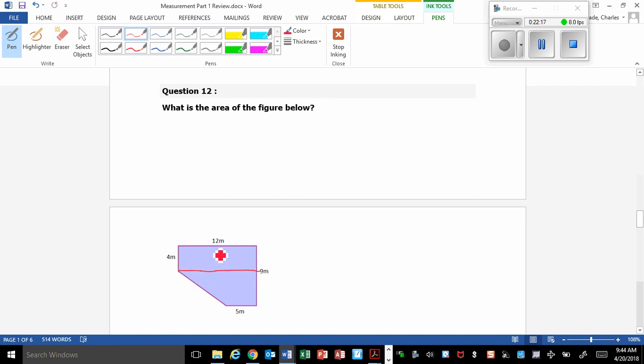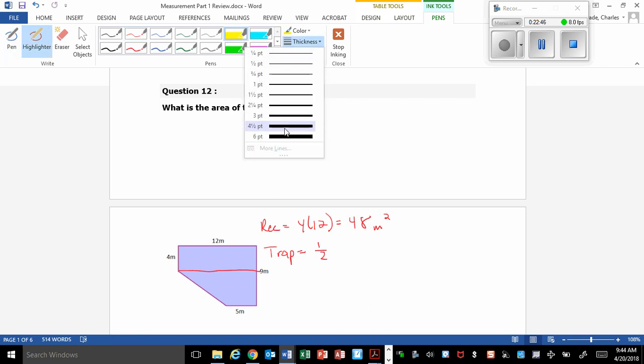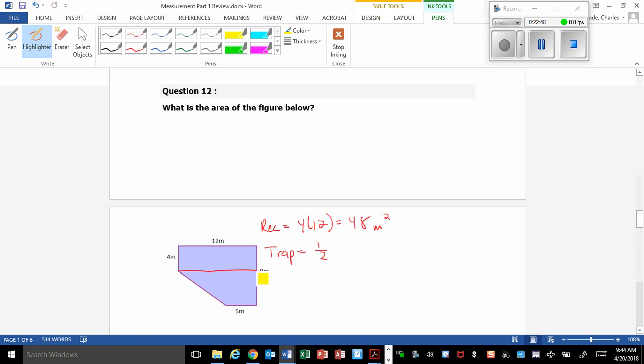Because I know I got a 4 by 12 rectangle, okay? So the rectangle equals 4 times 12, okay? Which is obviously 48 meters squared. And then I've got the trapezoid. And the trapezoid formula says 1/2 times the height. Now this is the height. From here, the height of the trapezoid is from here